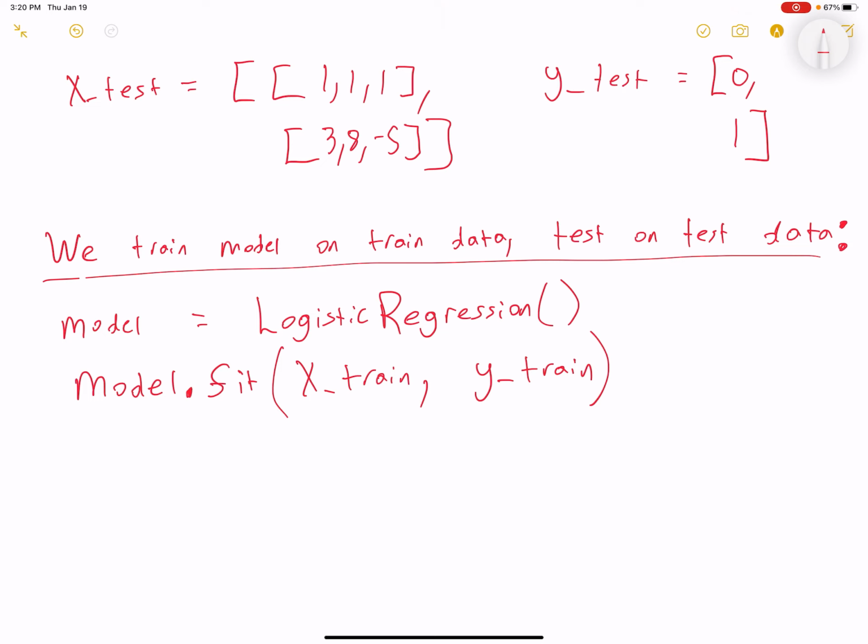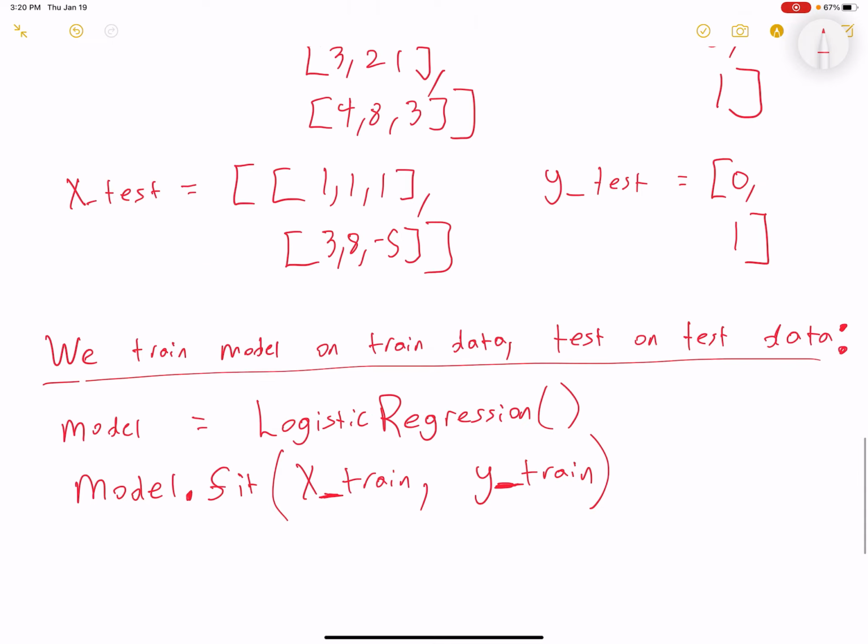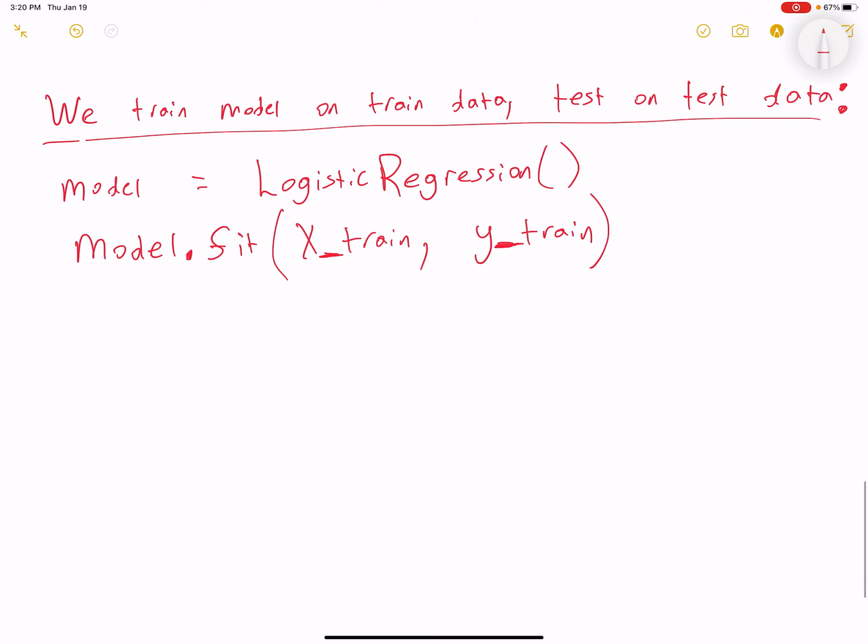Is there a dot or an underscore between X and train? It's an underscore. Yeah, you can't have dots in variable names in Python. So then, to get the predictions of the model, we might create a new variable named ypred, which stands for prediction, which is the output of running model.predict